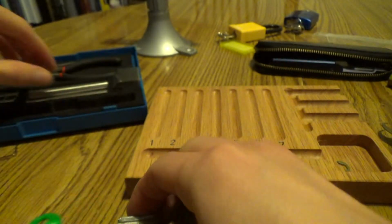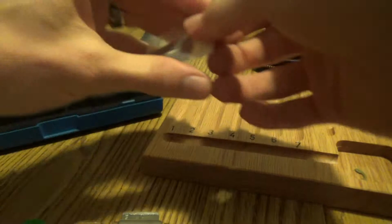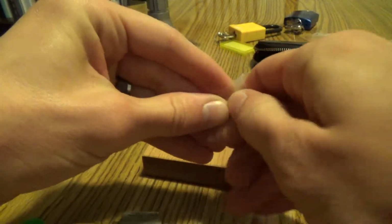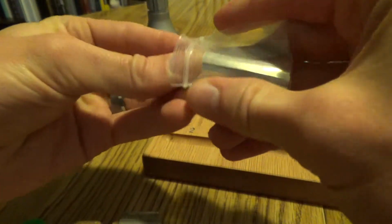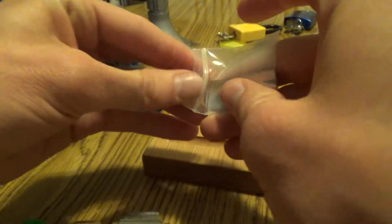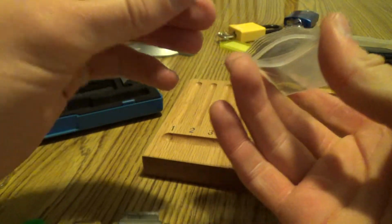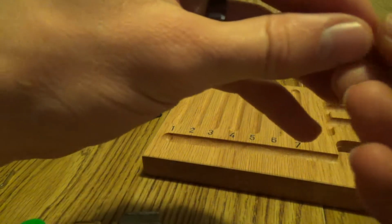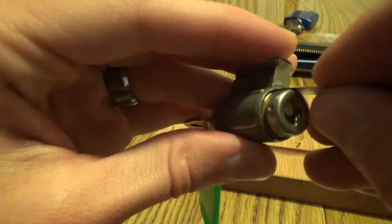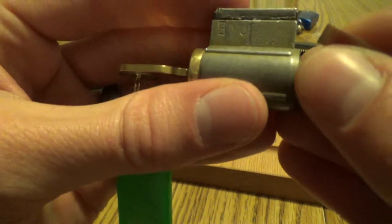I need to use a shim for this, I'm sure. I don't really have many shims. Most of the locks that I deal with, you don't need them. Even with challenge locks, the cores and such are situated in a way that you don't absolutely need them, so because of that, I'm not actually great at...